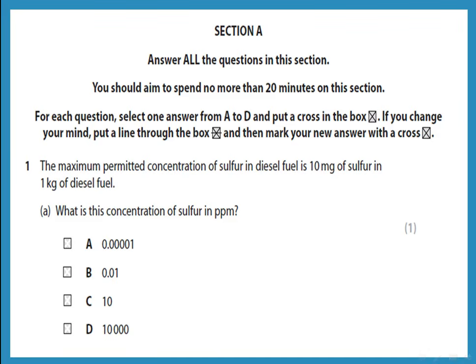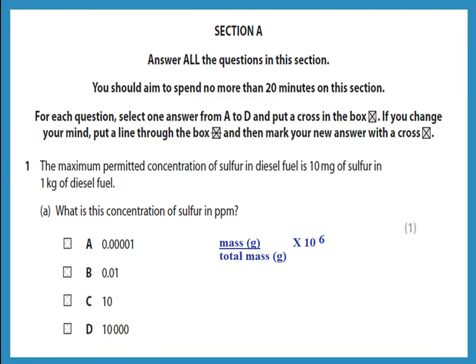So the first question says the maximum permitted concentration of sulfur in diesel fuel is 10 milligrams of sulfur in 1 kilogram of diesel fuel. What is the concentration of sulfur in parts per million? Now he's asking you to calculate the parts per million of sulfur. You should remember that to calculate the parts per million, this is how we calculate it. We say the mass of whatever we're talking about in grams over the total mass also in grams times 10